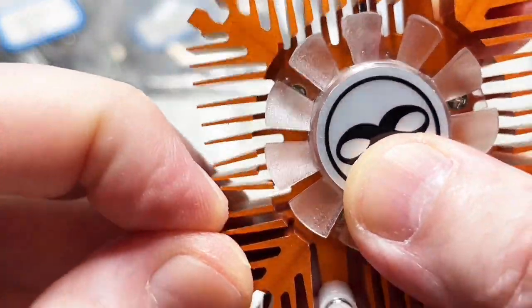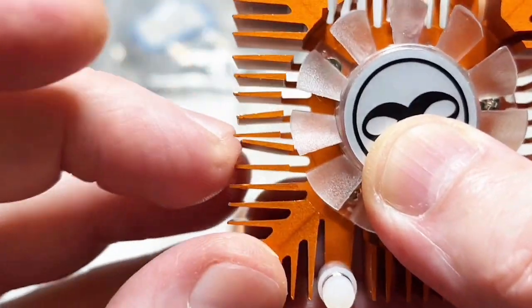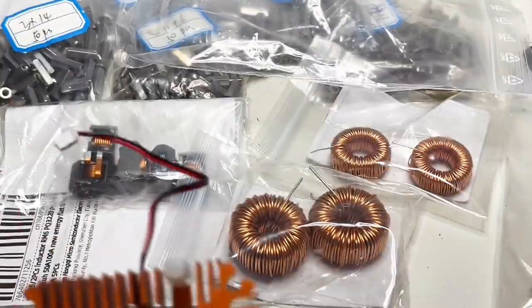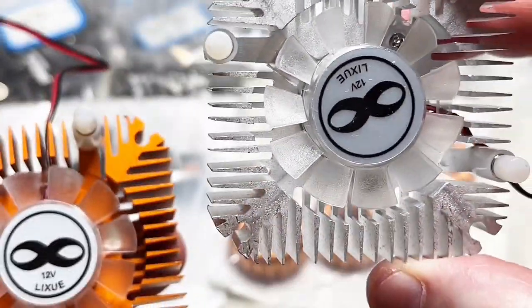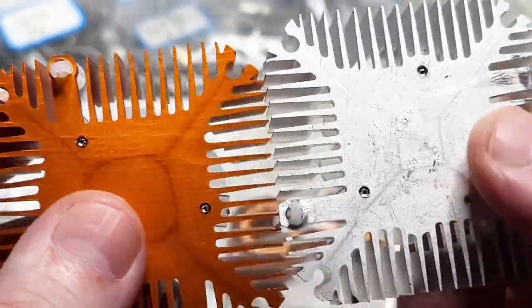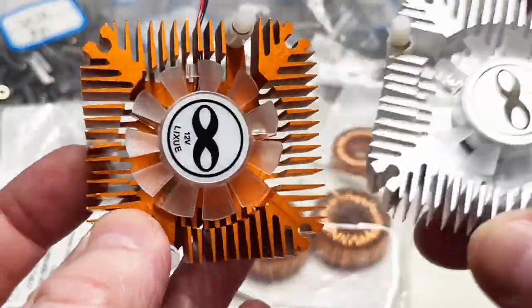Ooh, it's going bad. It will not cool anymore. Ow, that hurts. Okay, a little bit better. Anyway, same kind, just a different color. Because, yeah, I like both. Anyway,